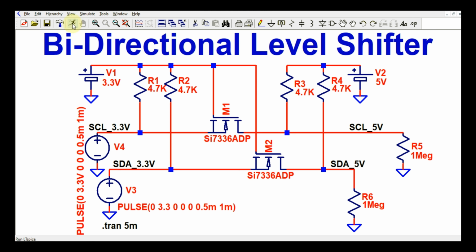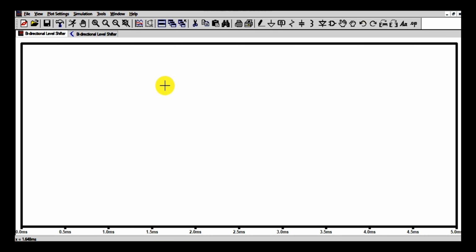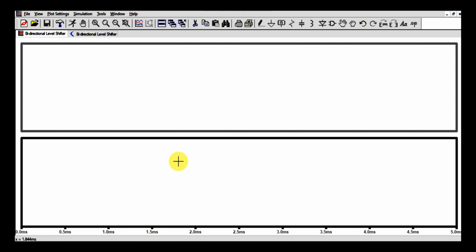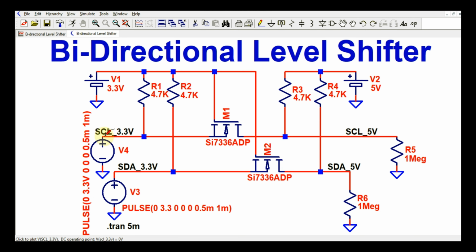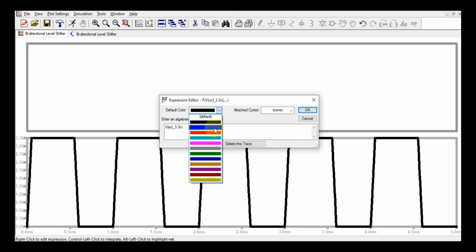So I just run the simulation, and let us add a plot pane. First I will show you the level at this trace, that is SCL 3.3 volt. You can see this is SCL 3.3 volt. Maybe I will change the color.